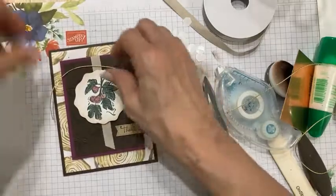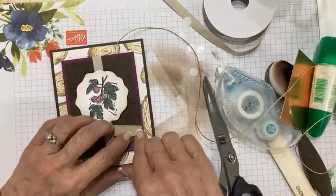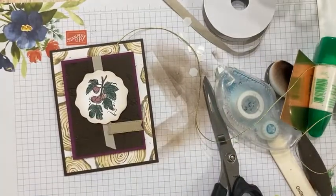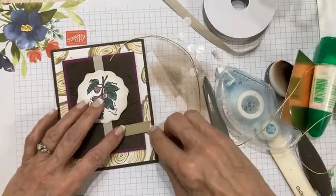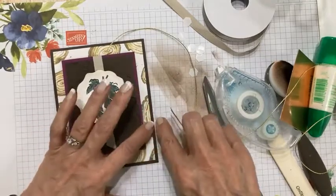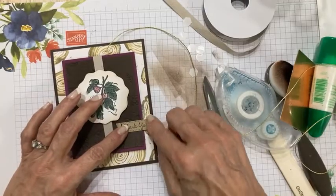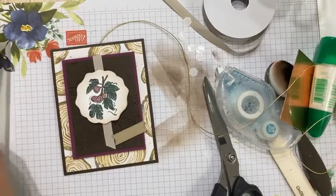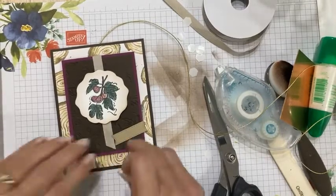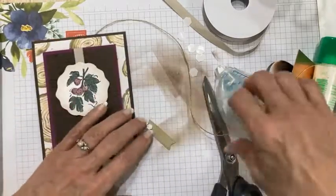It's really useful. So what I'm going to do is, let me put this down first. I need a mini dimensional right there. Anytime you're putting down a strip, a greeting or something, and it's going to overhang, see, this is already up on a dimensional and this is not. So I don't want that to sag down there and deflate. So I'm going to put one mini dimensional right there. And then I'm going to put a little bit of glue right here. And then that is going to make sure that my